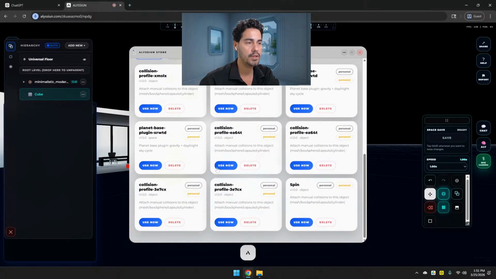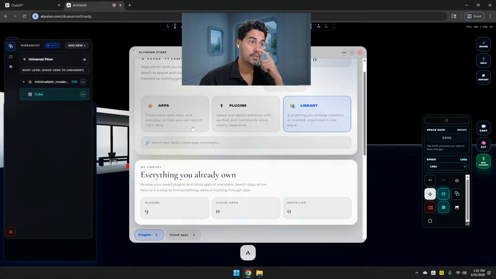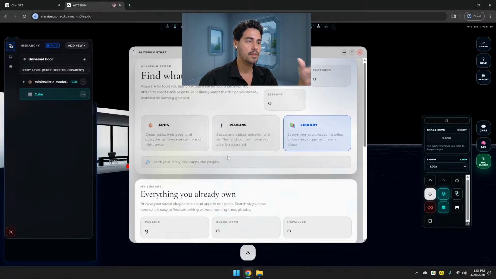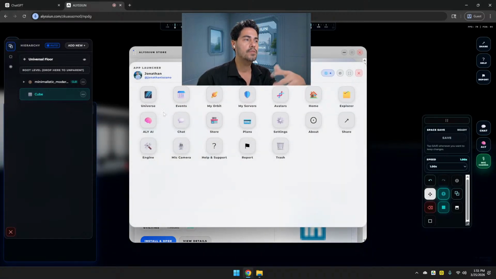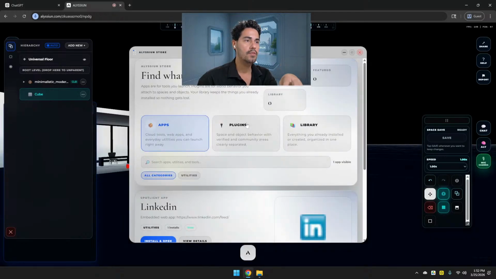I created some plugins right here just to test, and as you see, the name is personal, personal, personal. So it's not already in the app in the published area. Apps, because the idea is that it's going to be like an operating system, so you're going to be able to install apps into your account and run them on all the devices. So the app system is not 100% ready yet, but that's the idea, that's the vision. The app is going to be here.